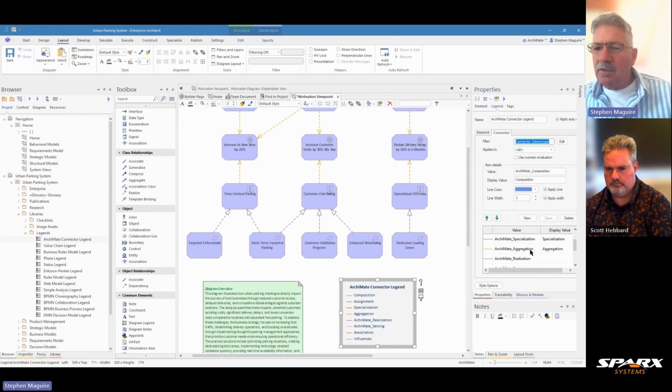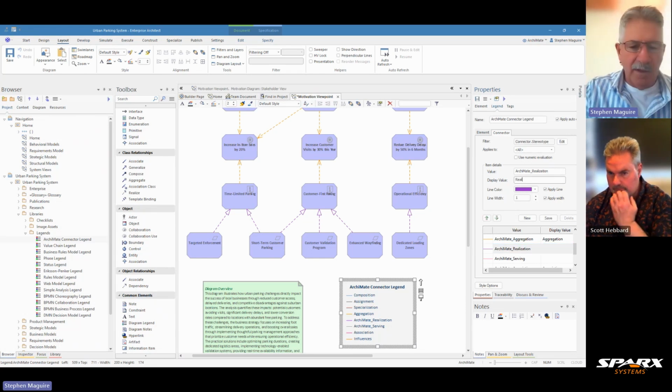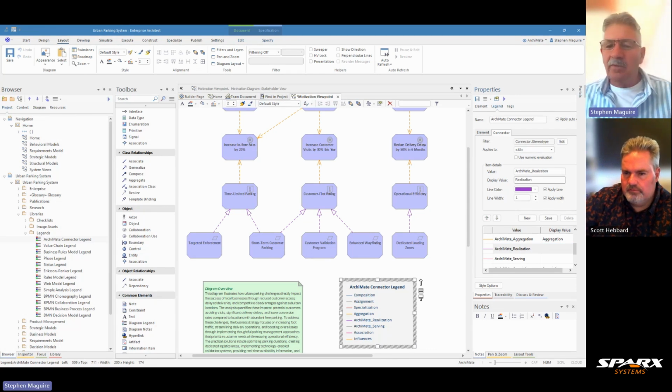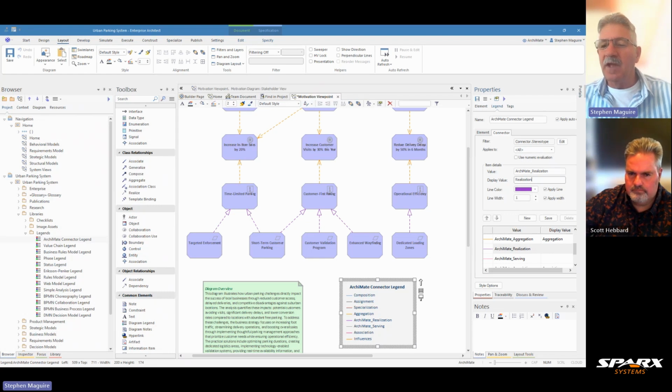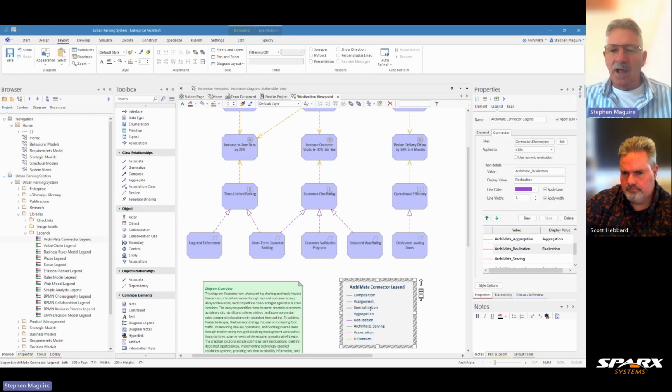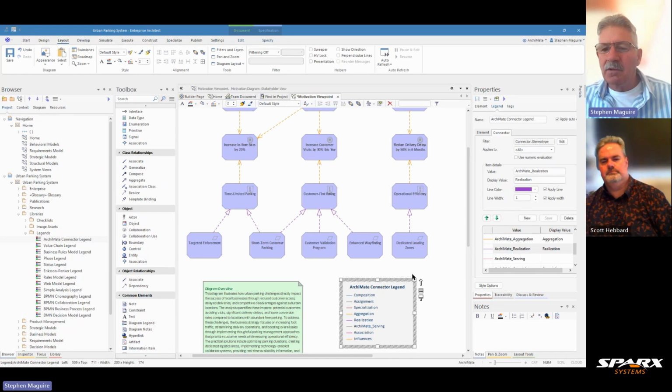I can look at this one here, and I can say ArchiMate and look for the realization one there, and I can just simply type realization there, and you can see now how the diagram will change. So you may not even want to use the words that ArchiMate prescribes for this connector. You may want to have your own more business-friendly terms that people can understand in your organization. So long as there's consistency about it, no harm done there. I'll save that, and you can see now that the legend's updated,